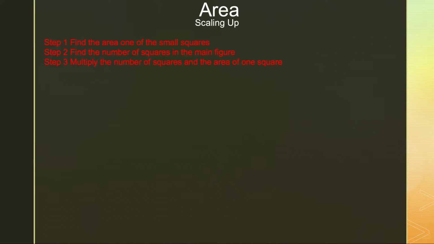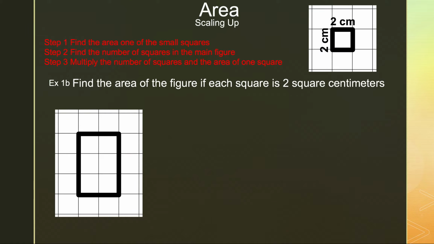Step 1, find the area of one of the small squares. Step 2, find the number of squares in the main figure. Step 3, multiply the number of squares and the area of one square. So let's take a look at this question, which is the same one we just did, but in this case